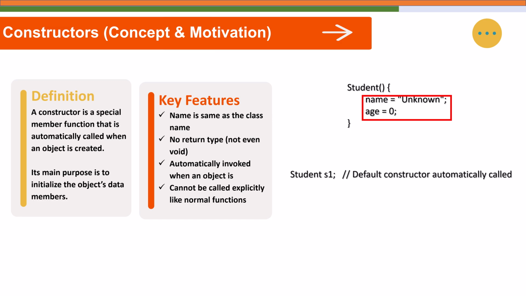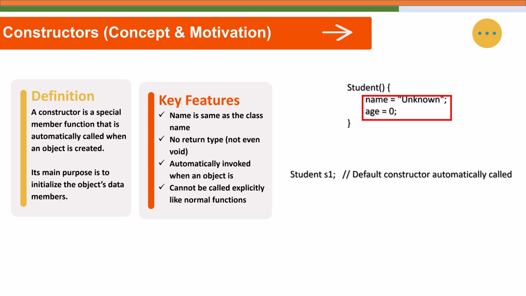using a setter method like a setData function. That quickly becomes very repetitive and risky. If we forget one call, the object's internal data remains undefined. So by using the constructor, we automate that process. Initialization happens automatically the moment we create an object, and it ensures that every object starts its life in a